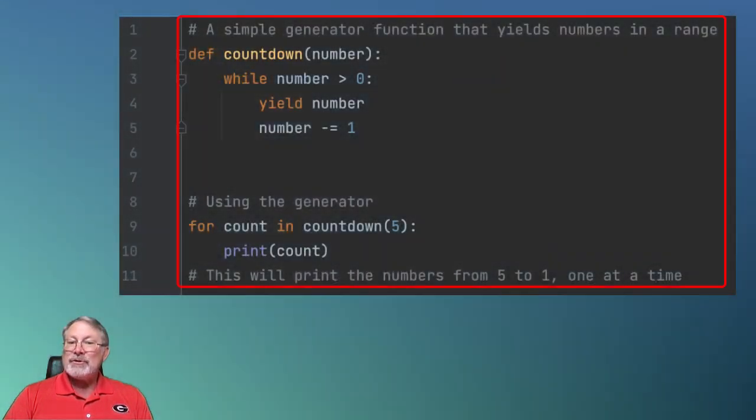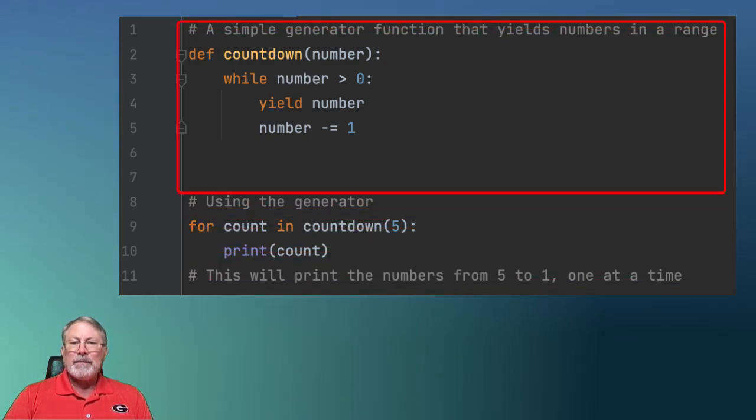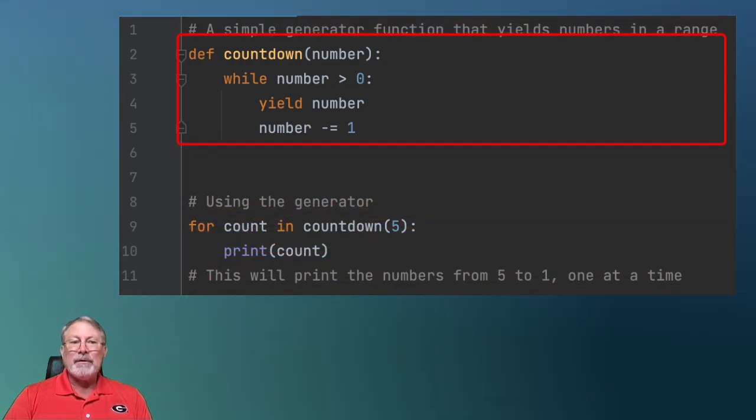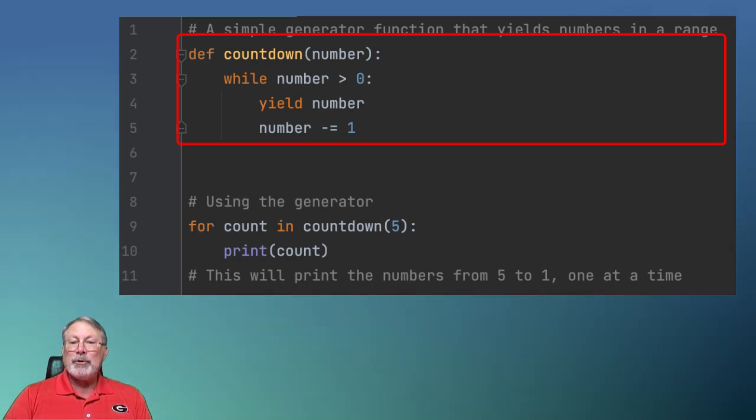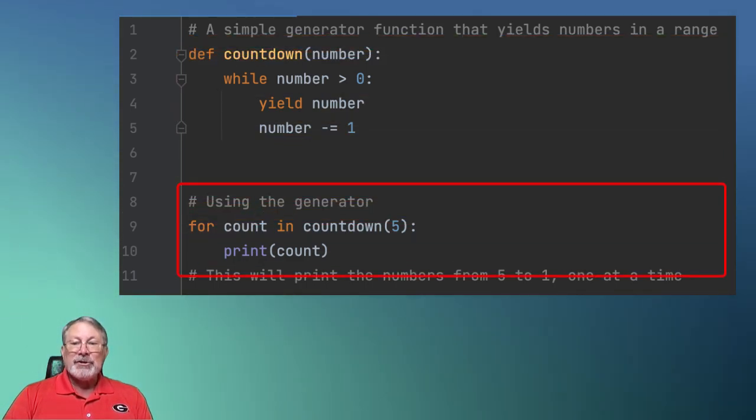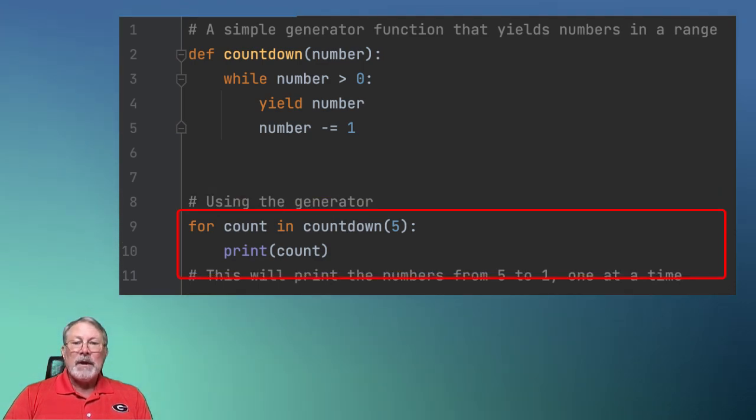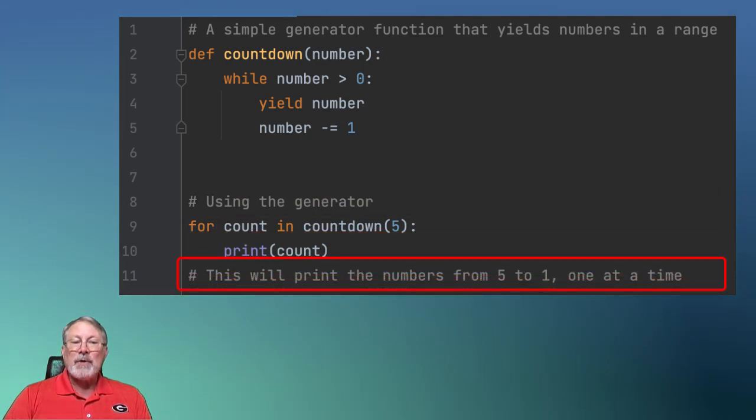Let's demonstrate the use of yield with a simple example. In this code snippet, we define a countdown generator function that yields numbers from a specified number down to 1. Each iteration of the for loop calls the generator, which resumes execution right after the yield, counting down one number